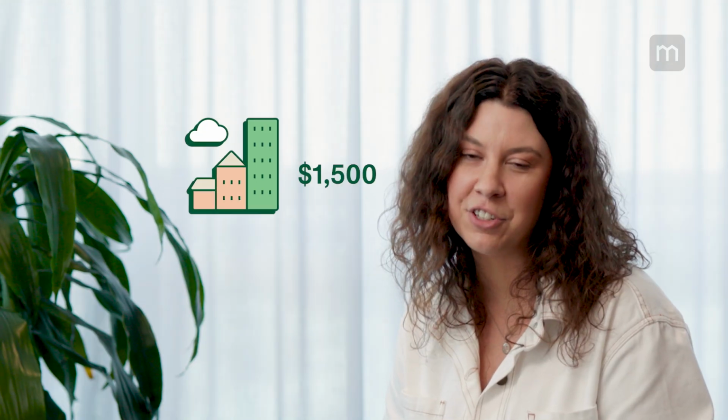feel comfortable with. The cost of styling your home for sale will of course depend on the size of your property. Prices can start from $1,500 to $2,000 for a smaller home and up to $7,000 plus for a larger home. Many agents will say good styling is worth the spend and can increase the sale price of a property